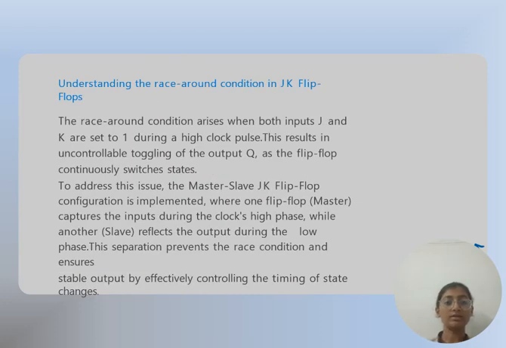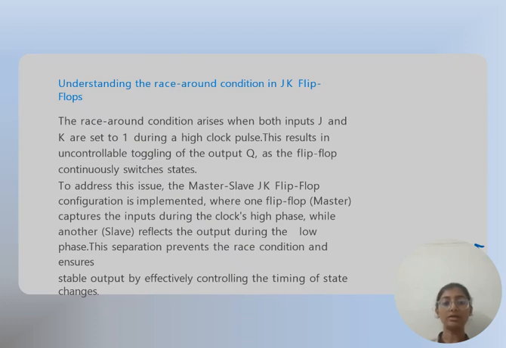Understanding the race around condition in JK flip-flops. Here, the race around condition arises when both inputs are set to 1 during a high clock pulse. This results in uncontrollable toggling of the output Q as the flip-flop continuously switches states. It doesn't have stability. It continuously switches states. To address this issue, the master-slave JK flip-flop configuration is implemented, where one flip-flop, the master, captures